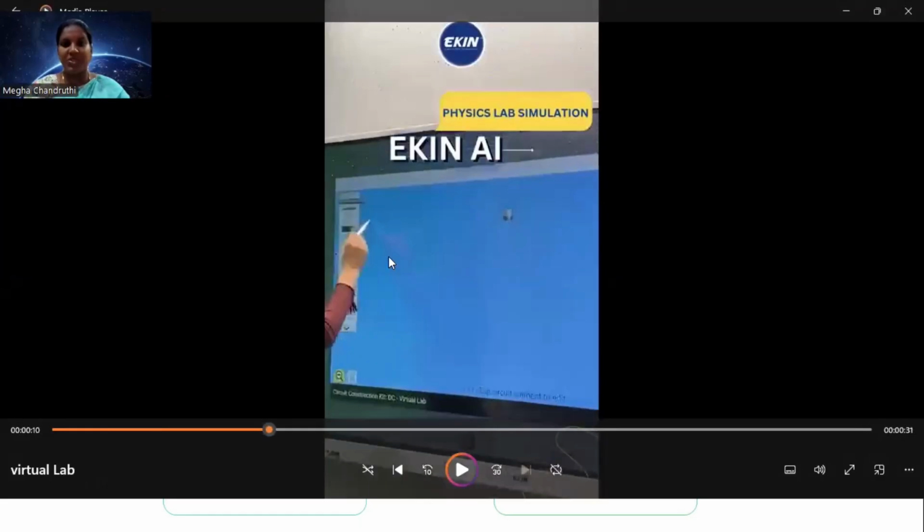You can observe that, as I told, she's dragging and dropping the components whatever is needed.